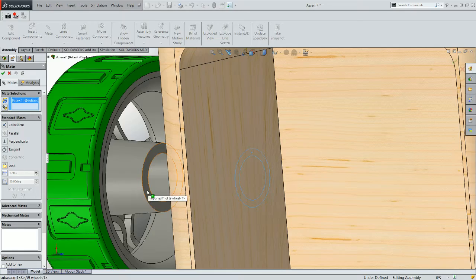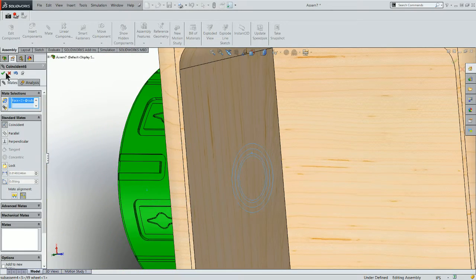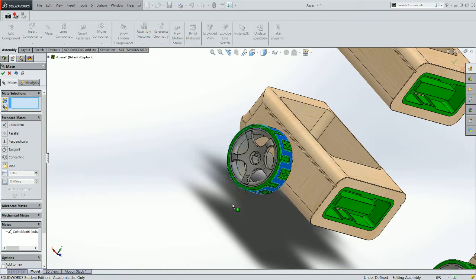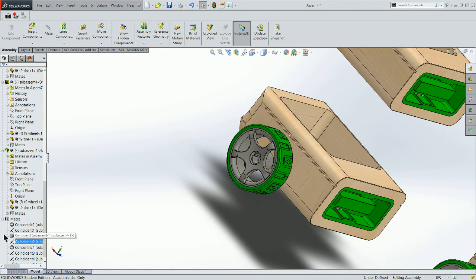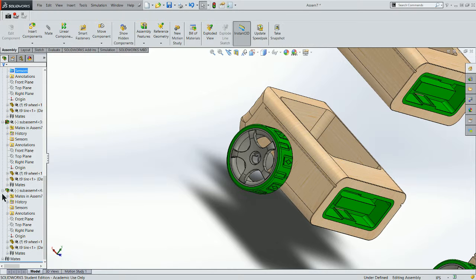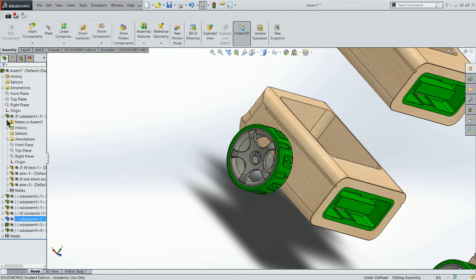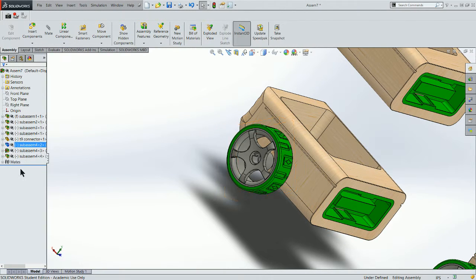Axle hub, wheel hub. Those are concentric. Now you're going to notice that all my wheels spin, and I'm going to leave them like that. But what that does is when I look down at all of my subassembly 4s, and I should see 4 subassembly 4s in here as I collapse the entire tree. So I've got subassembly 4, 1, 2, 3, and 4. I'm just going to drag these down here so that